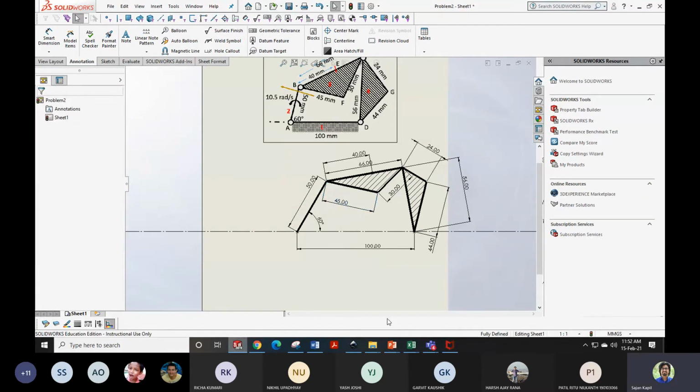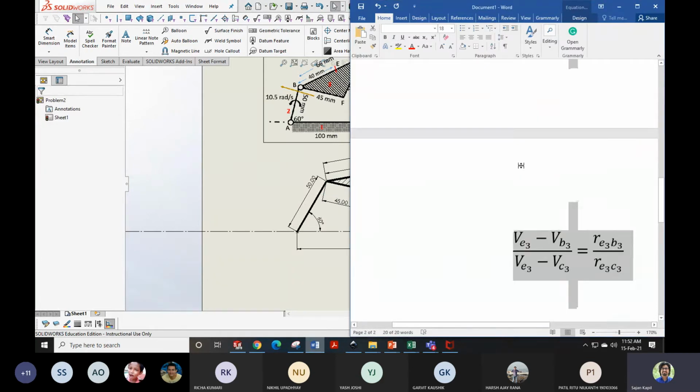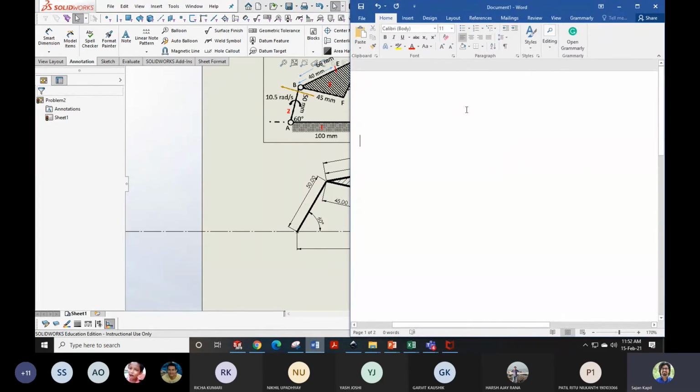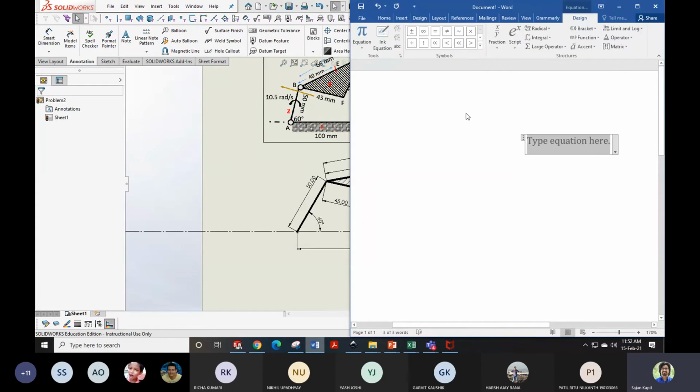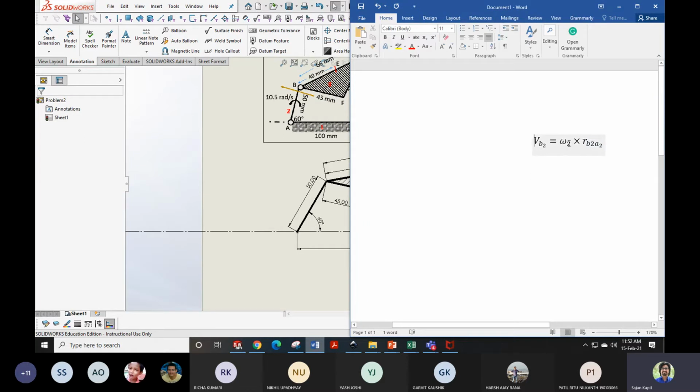Now what is given to us? Let us write the equations also parallelly, and all the equations I'll rewrite. The first is the velocity of point B. That will be nothing but velocity of point B when it is assumed to be on body 2, which will be equal to velocity of point A, which is 0, so I'm not writing it. And that is nothing but omega 2 times the position of B when assumed to be on body 2 with respect to point A when assumed to be on body 2. Correct? And I know both. I know omega 2 as well as I know position as well.